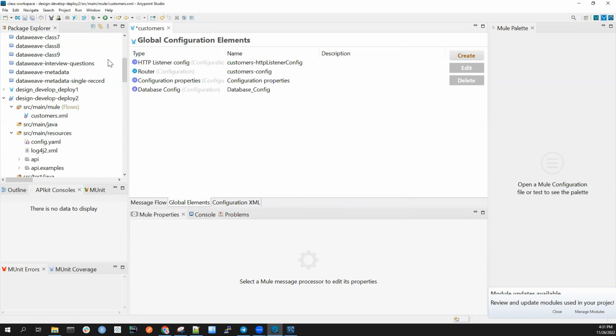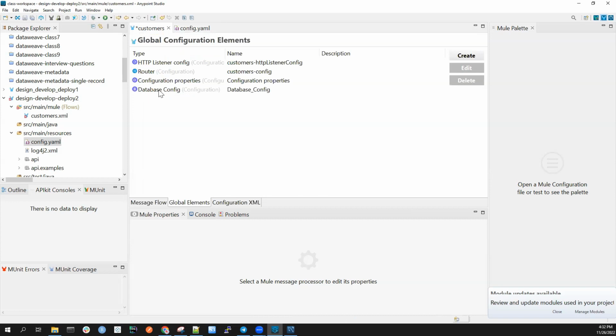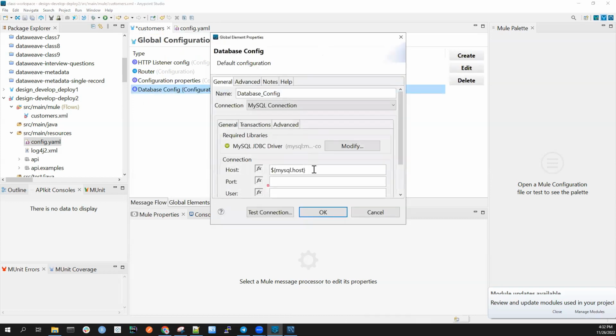Let me copy. Okay, the reason is, if I open this, you see here, the MySQL node has under it host, password, user, database, and port. So mysql.host will give this value. mysql.password will be this value. mysql.user will be this value, and so on. Okay, so let's come and finish this one. mysql.host, mysql.port, and